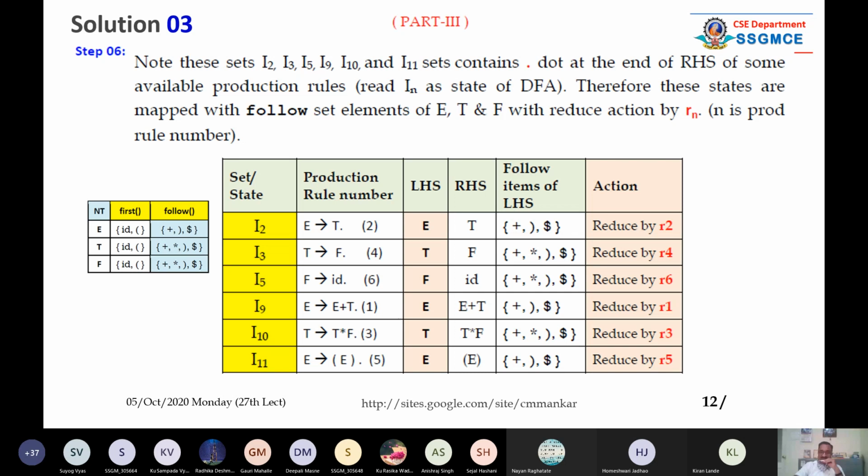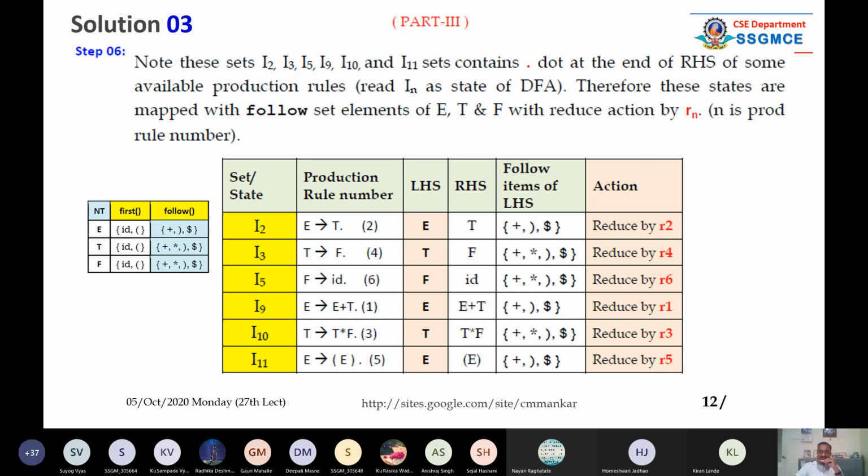We have written the RHS, right-hand side of the production rule. We have already the follow set in a table on left-hand side. So I have written the follow set in a LHS column. So E का follow क्या है देख लीजिए आप, T का follow क्या है देख लीजिए आप. So we are computing follow of LHS only. So follow is repeated there.